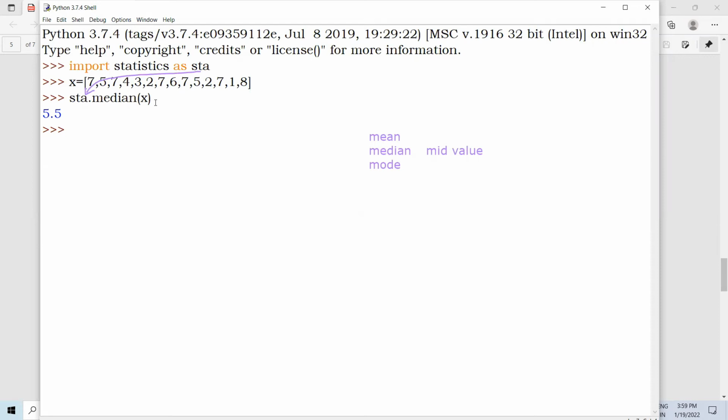How is it giving the mid value? It's giving us the mid value in this manner. See, if you arrange them in this fashion, okay, see, if you write here